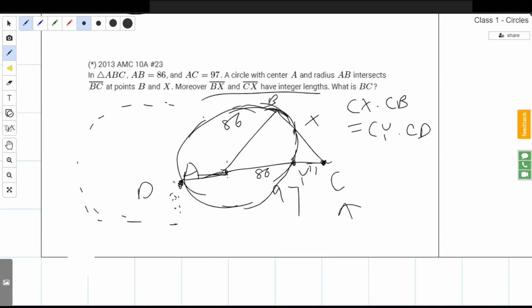So big mistake to take A. It's actually D that you want. We know that A is the center, so DY is actually the diameter, which means that DA is just, this is 86 like that, and this is 11. So basically,